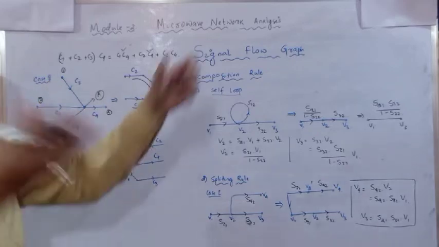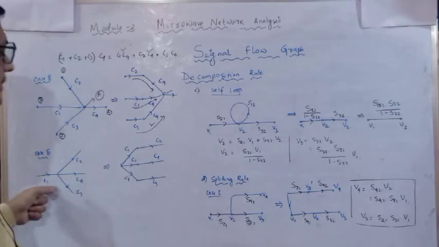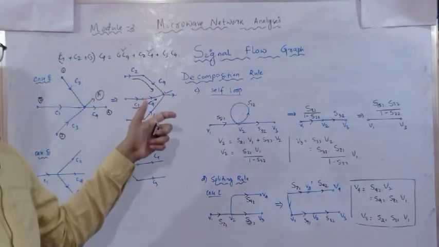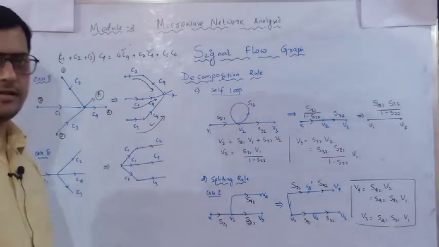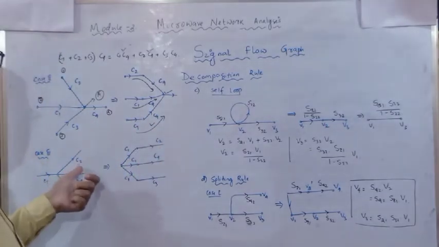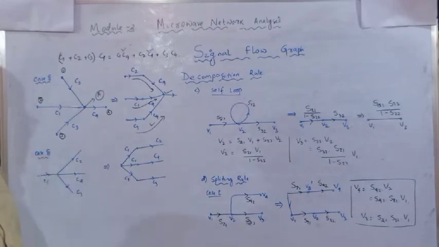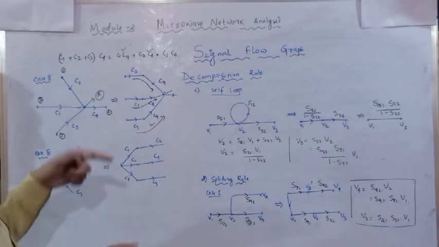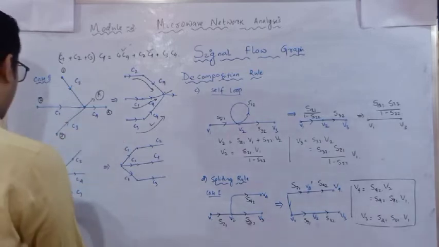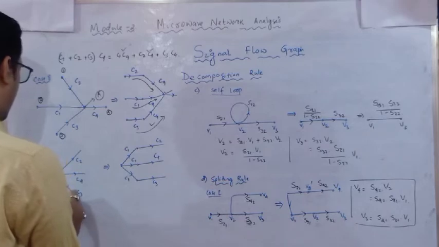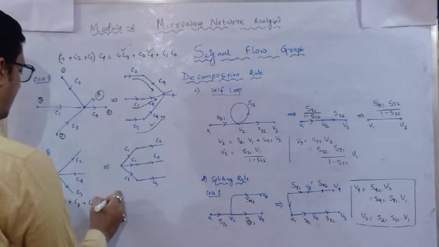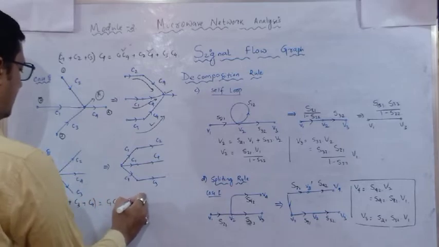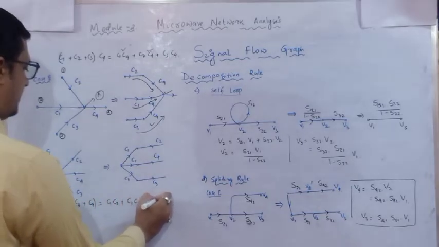Similarly, if it is splitting the power, incident power is C1, let us consider, and it is splitting up, it means a power divider. So this is called a power divider. Power is splitting up. So C1 is split to C2, C4 and C3. That means I can write C2, C4 and C3 added up and multiplied with C1. So here I can write C1 multiplied with C2 plus C3 plus C4. This I can write as C1 C2, C1 C3 and C1 C4.